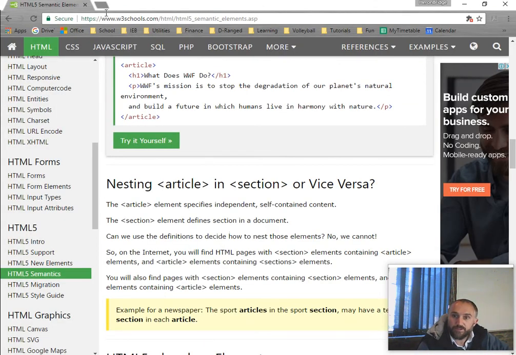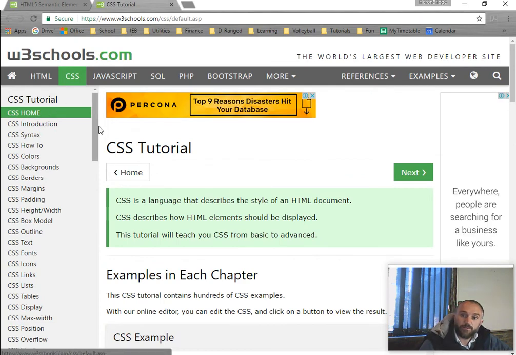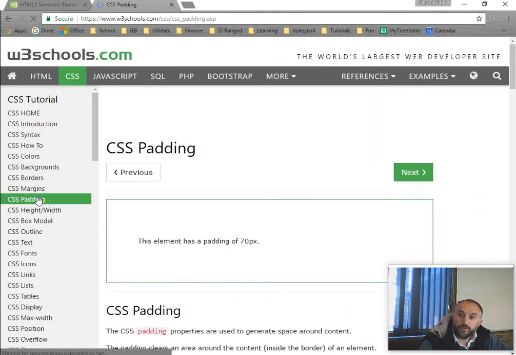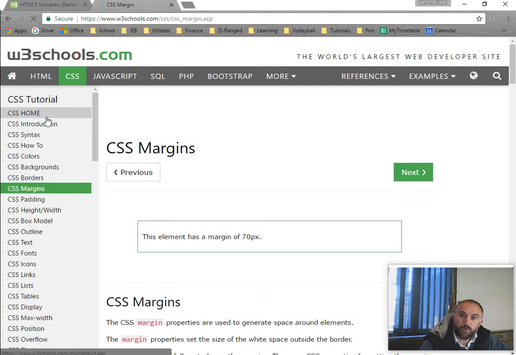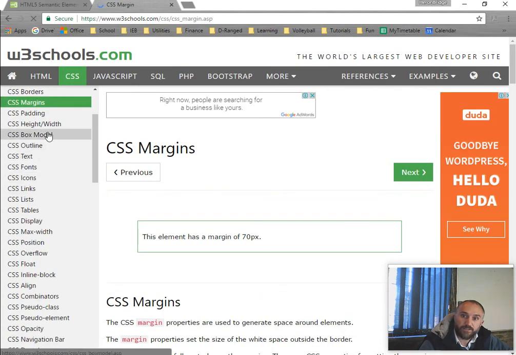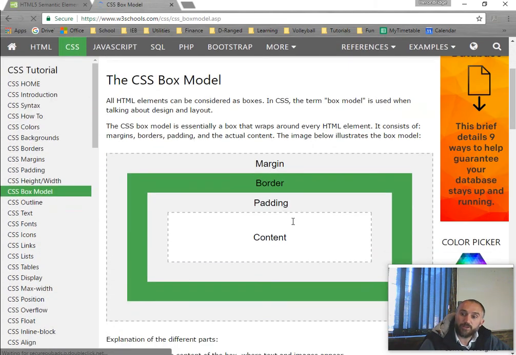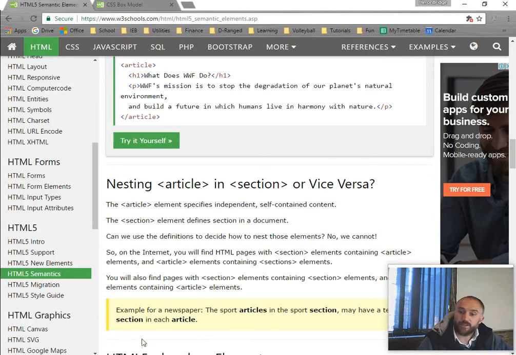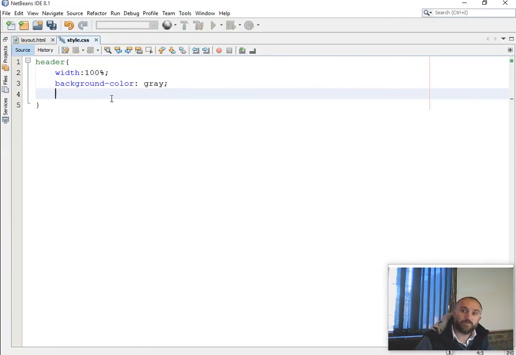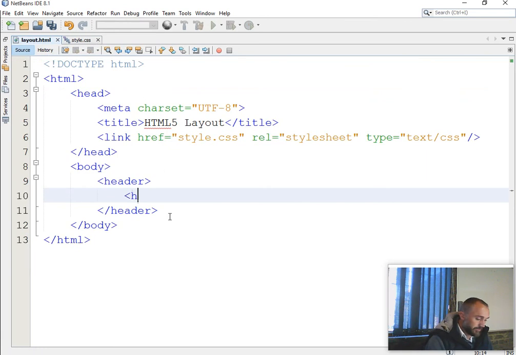The padding of elements and all the rest, if you go to the CSS inside the W3 Schools, it will go through what the difference between padding is and what the difference between margins is, and then they talk about the box model here. It'll show you more details about how you can make your different cells look different. So in the case of our header, we've made it 100% width and gray. So let's put some content into our header. So I'm going to put a heading 1 of